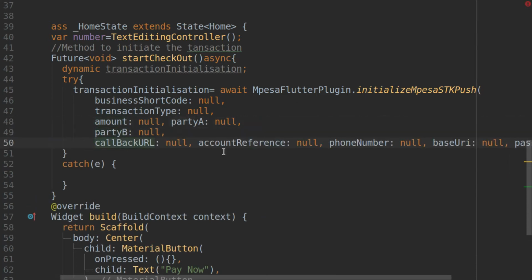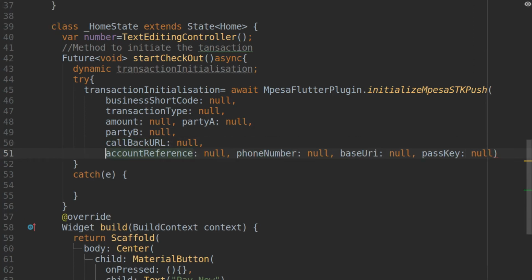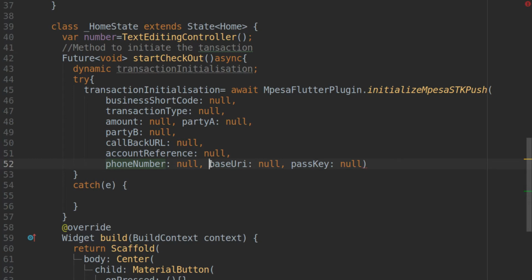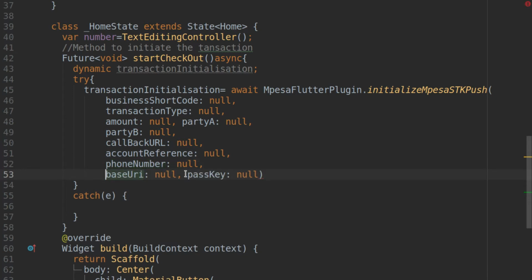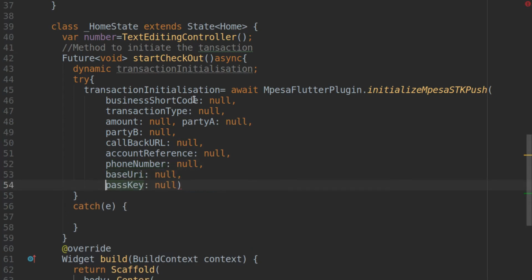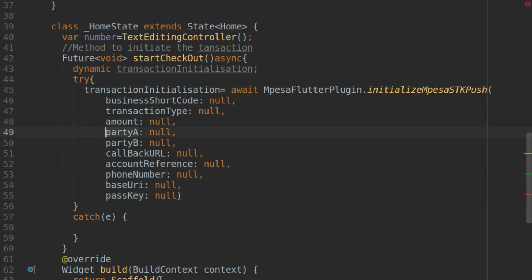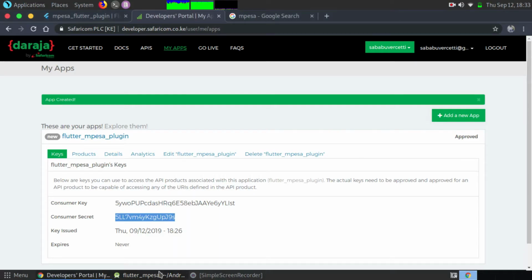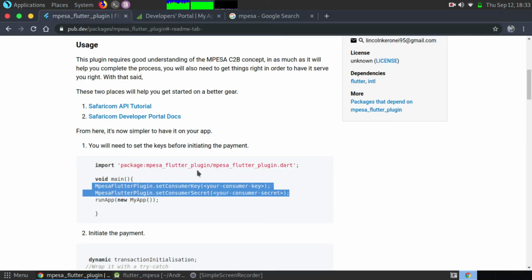I'll explain each and every parameter here, what it means. Okay, let's go back to our browser. In our plugin page in pub.dev,